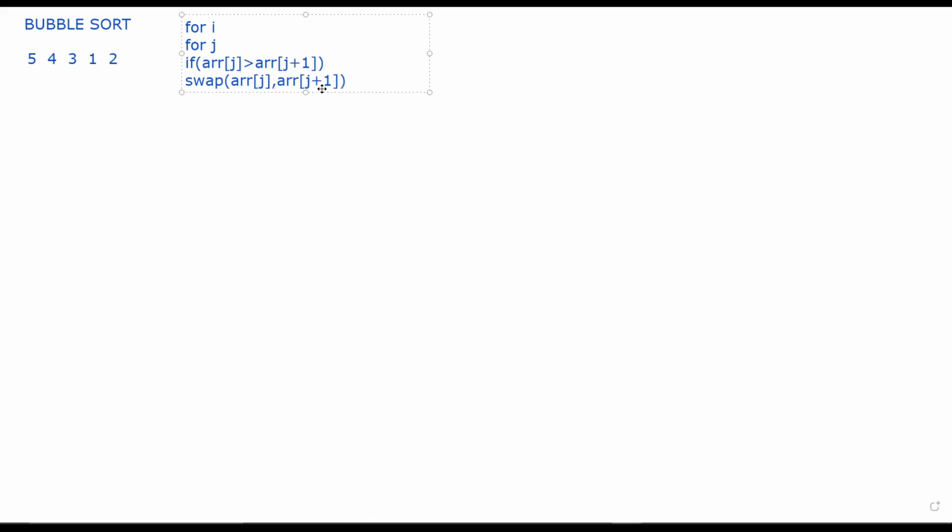So see, what do we have over here? I have one for loop. Inside this for loop, I have one more for loop. Inside this for loop, again, I have one if condition. And after swapping is done, I'll be closing my inner for loop and the outer for loop also.